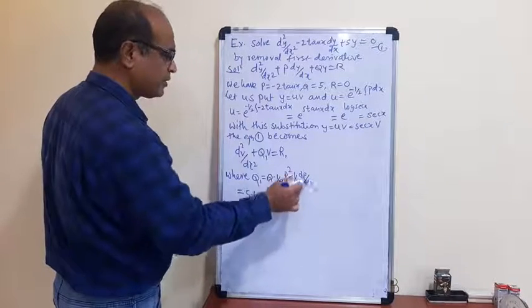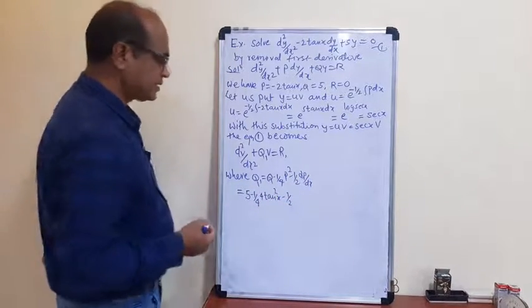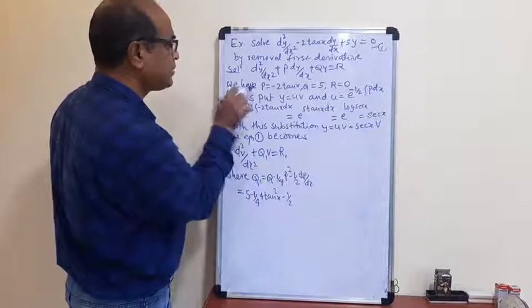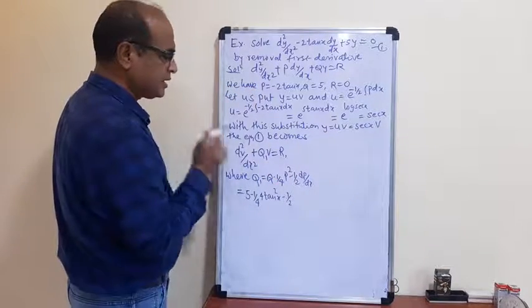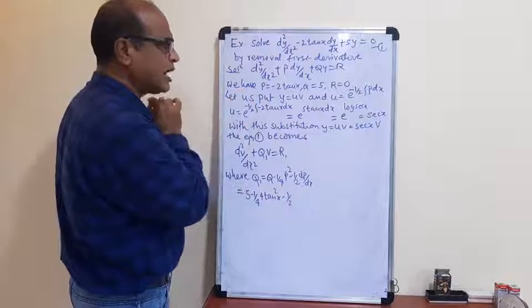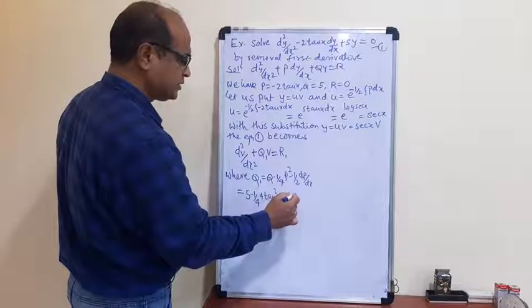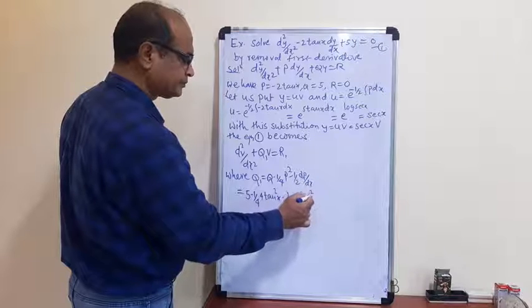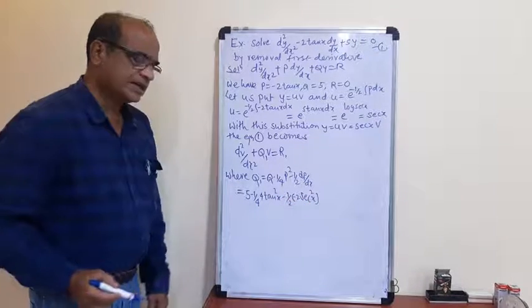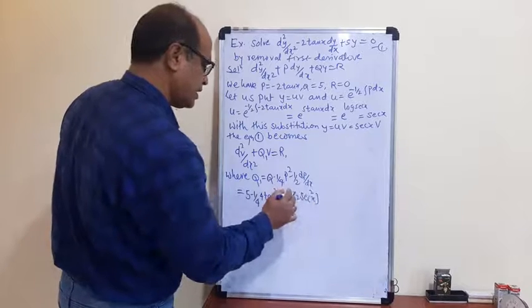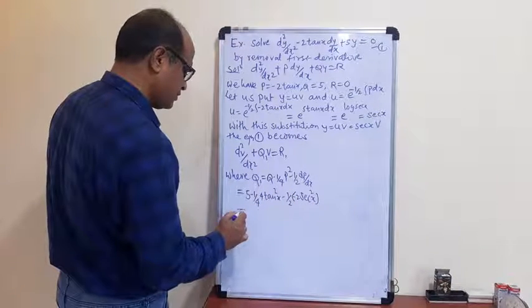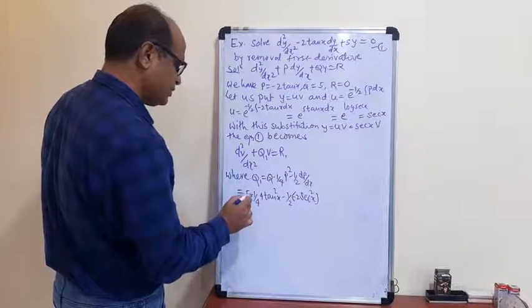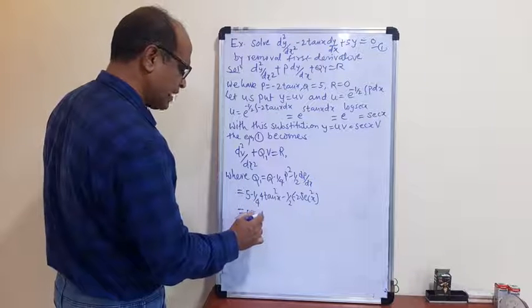Minus 1 half dp by dx. So what is dp by dx? P is minus 2 tan x, so the derivative with respect to x is minus 2 times the derivative of tan x, which is sec square x. Then, therefore, 5, the 4 gets cancelled, minus tan square x